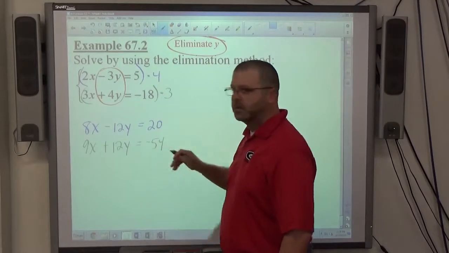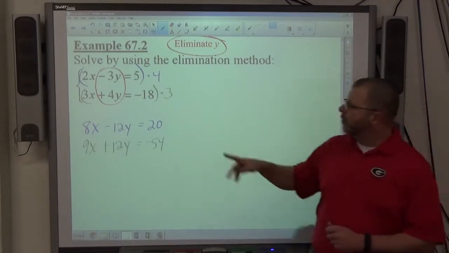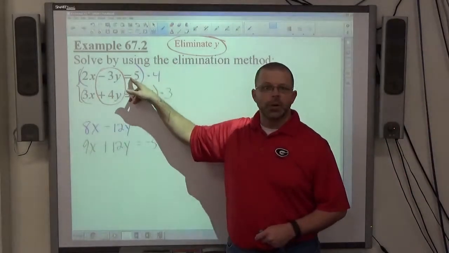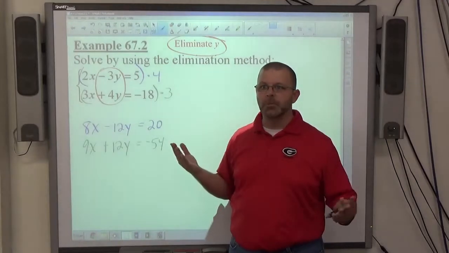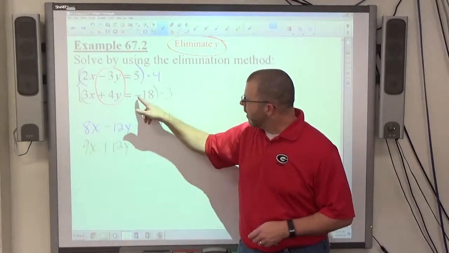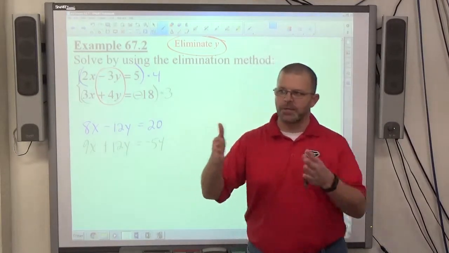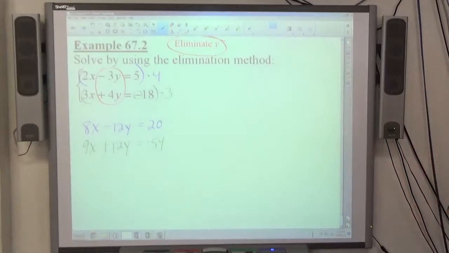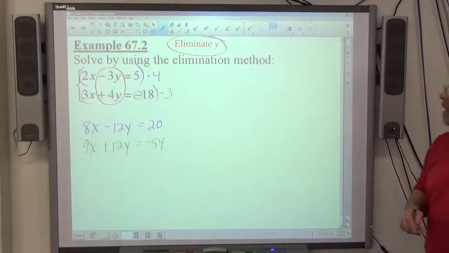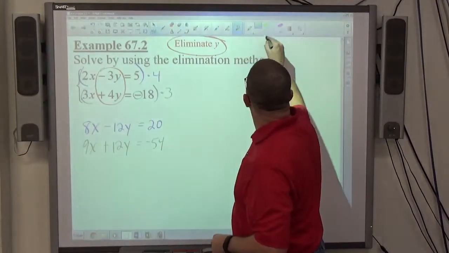negative 54. A couple of things I want to bring to your attention right now when people mess up on this technique. The most common mistake, they'll do 4 times 2 and 4 times 3, forget the 4 times 5. That happens quite often. So make sure each and every object gets multiplied. The other thing, that minus sign right there, sometimes people don't see minus signs. So be careful, take it slow enough that you can see all the pieces. Make sure the signs come out to what they should be. And again, multiplied by 4, multiplied by 3, and the end result,